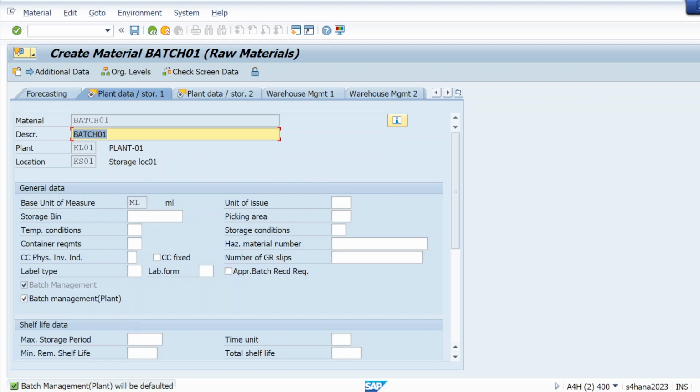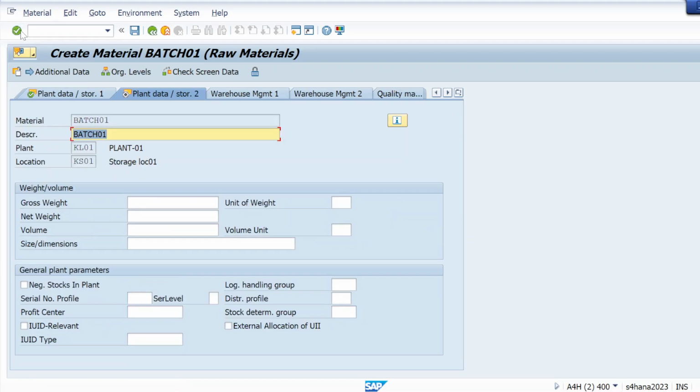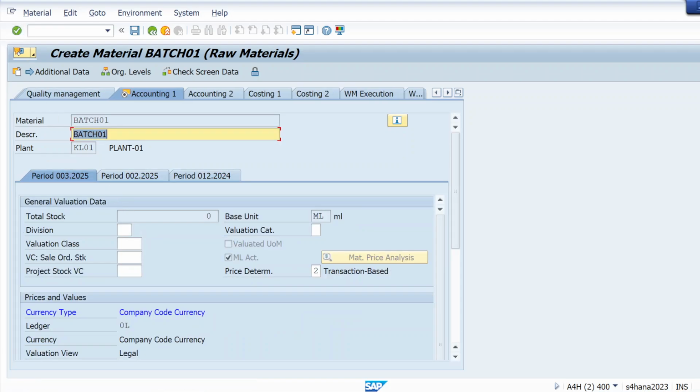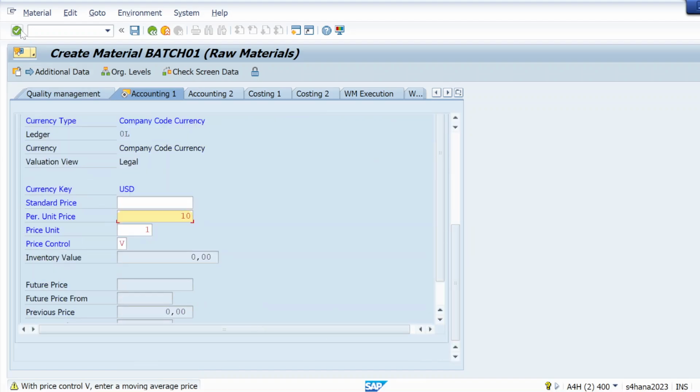Hit enter again. Profit center is not required. Valuation class: let me give my valuation class and my price control, 10 USD I just took.